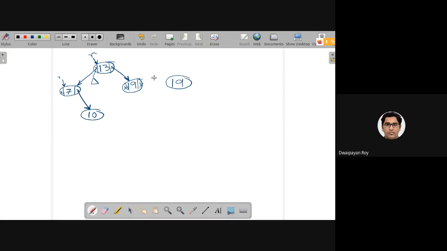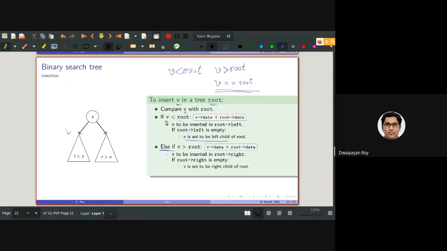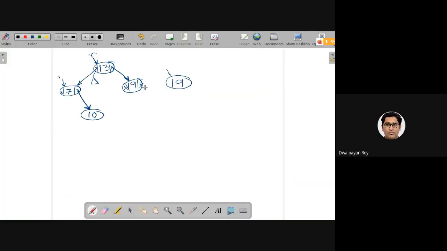Here, as you can see in the condition, I'm only checking whether the node is less than or greater than the value. I am never checking whether V is equal to root or not. So for that scenario, we'll just ignore it.